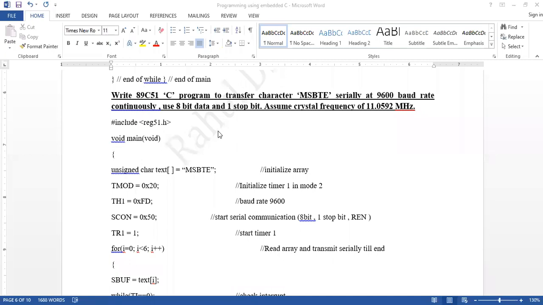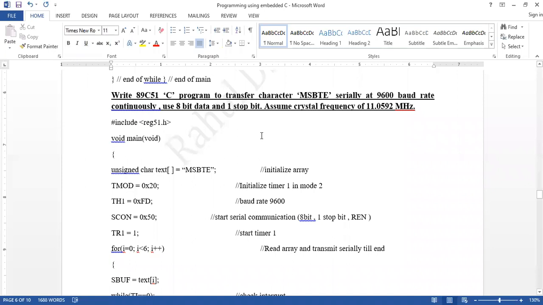Today we are going to write an 8051 C program to transfer the characters MSBTE serially at 9600 baud rate continuously. Use 8-bit data and one stop bit and assume the crystal frequency is 11.0592 megahertz.